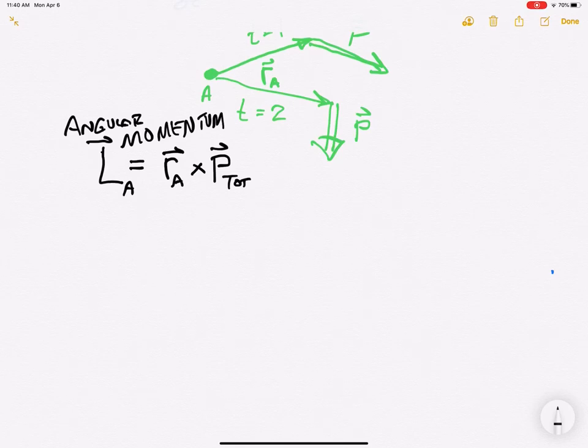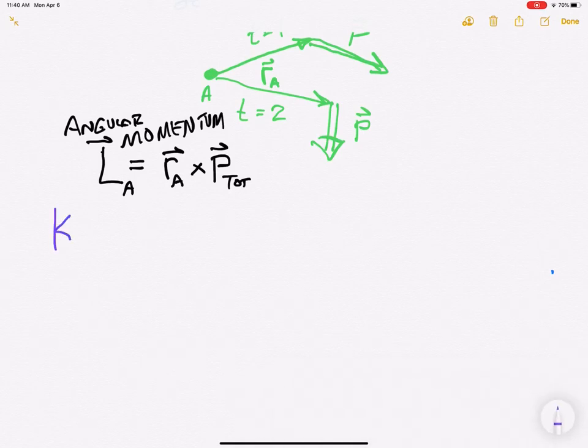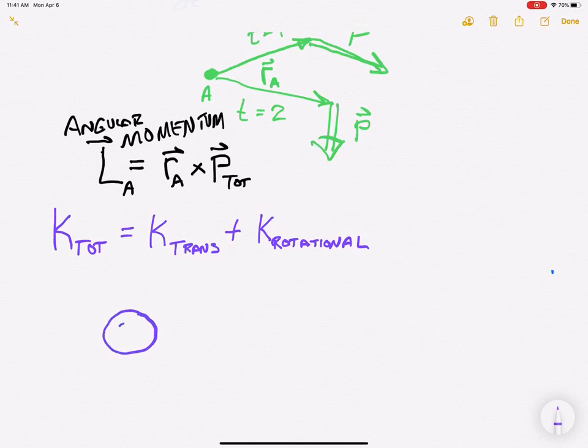You may recall back in the distant past that, let's go purple, we said we had the kinetic energy total for an object was comprised of its kinetic energy translational plus the kinetic energy rotational. And this was an example of when we had an object moving with a velocity down a surface, that we knew that from our axis,